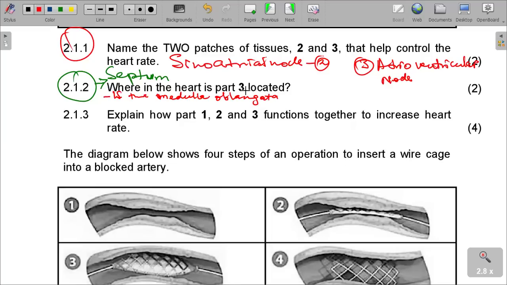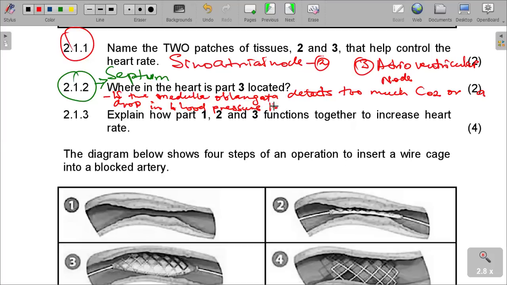if the medulla oblongata detects too much carbon dioxide, I'm just going to write in short for the interest of time and space. If they detect too much carbon dioxide or a drop in blood pressure, it sends the impulses